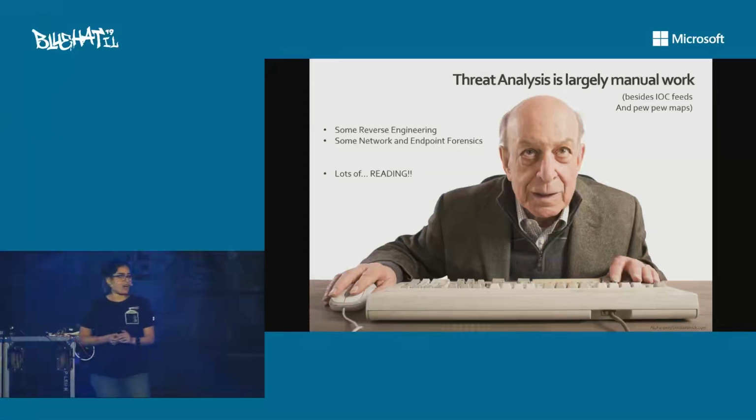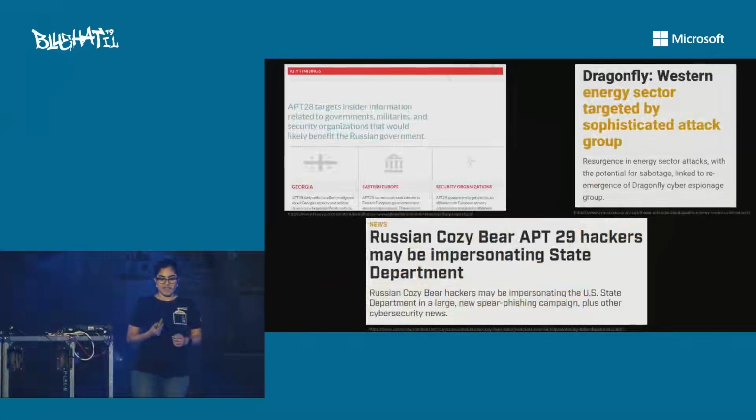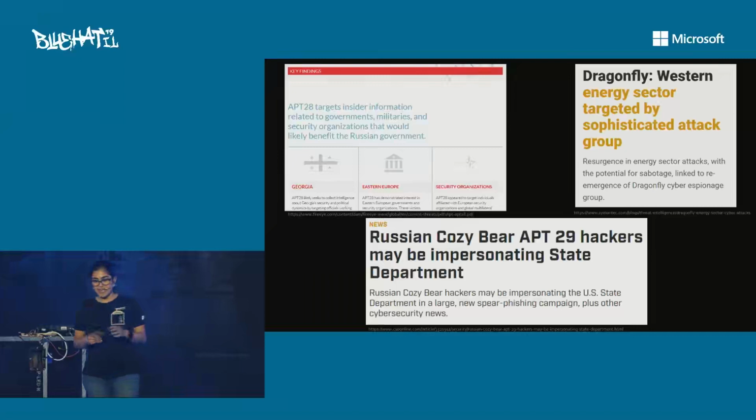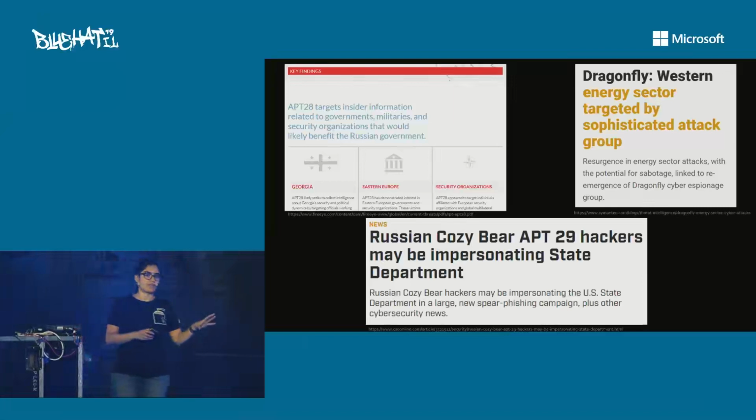Let me show you an example of the kind of workflow they follow. So maybe you're an analyst who works for an org that's concerned about attacks from an Eastern European country. So you go out and start to do some reading. Maybe you learn about these three attackers, APT 28 and 29, which have been active since 2007 and 8, and then Dragonfly, which is newer, circa 2011. And you read up about their tools, tactics, and procedures. Dragonfly is focused more on cyber espionage. 28 and 29 have more political targets, with 28 focusing more on Eastern European governments,